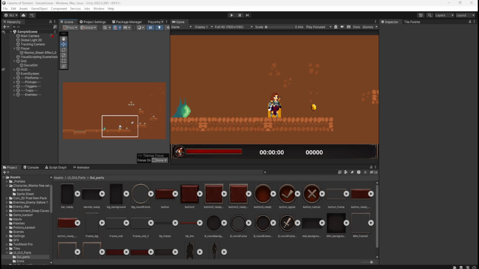And then I want to add in the health pickup so the player restores health. I also want to have like a poison trap or a dart shooting trap. That just shoots towards the player.